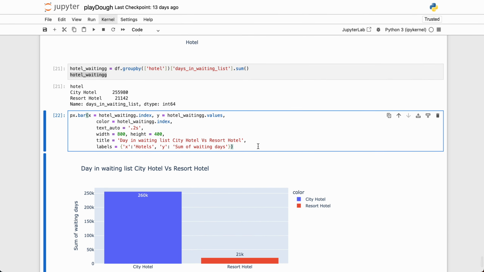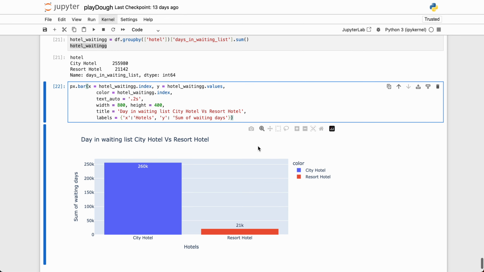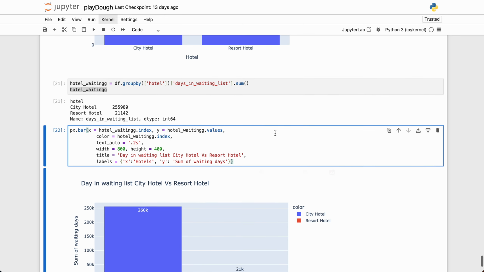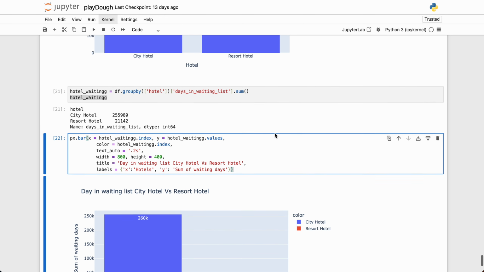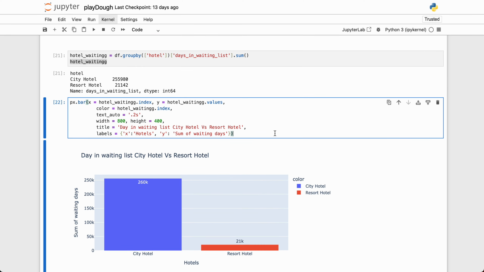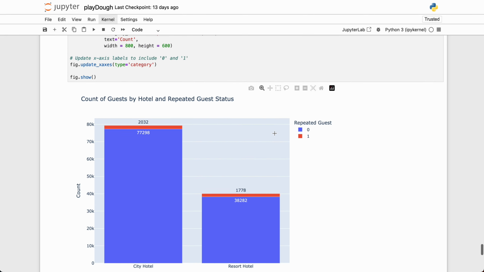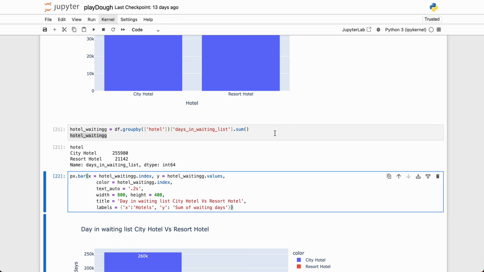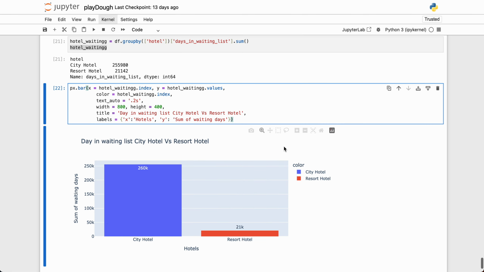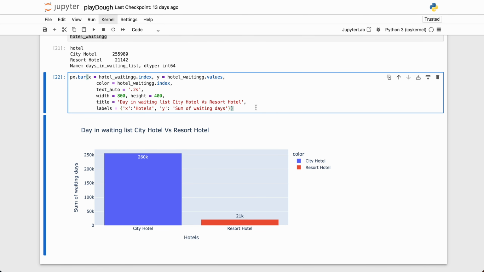And higher inflation is not actually correlating with more booking cancellations. And some countries have significantly higher bookings, like Portugal. Resort hotels tend to have more waiting time, longer lead times than the city hotel. And city hotels are probably a better and more expensive one. And let's go to the next